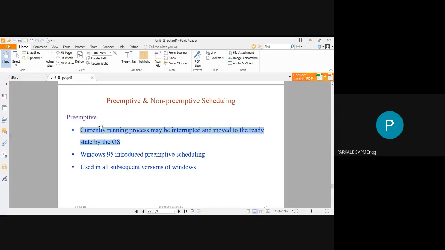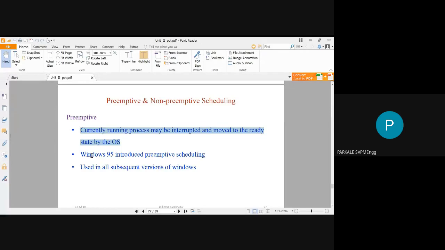So what happens with the preemptive type of scheduling? Whenever any low priority task is in running state, and it is interrupted because of a high priority task, RTOS will switch from the low priority task and move that low priority task to the ready to run state. We have seen there are three states of a task: running state, ready to run state, and blocked state. At any time your CPU will be executing one task in running state, and all other tasks are either in ready to run state or blocked.